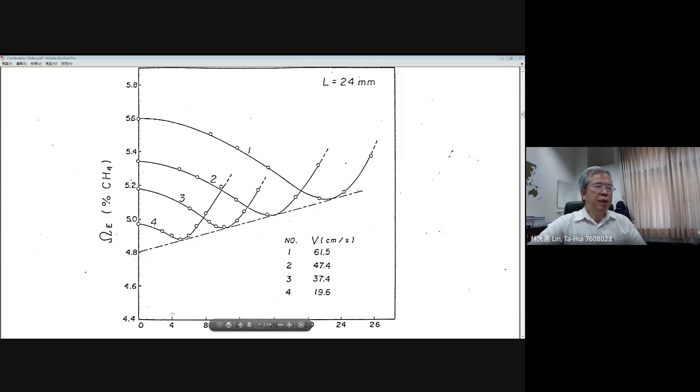Okay, if you consider non-rotating flow, as I described earlier, we try to examine the flame extinction for different injection velocities. This is the number one experiment, and the injection velocity is high, and the second is lower. We continuously decrease the injection velocity, then you will find the extinction limit starting from 5.6, then 5.30